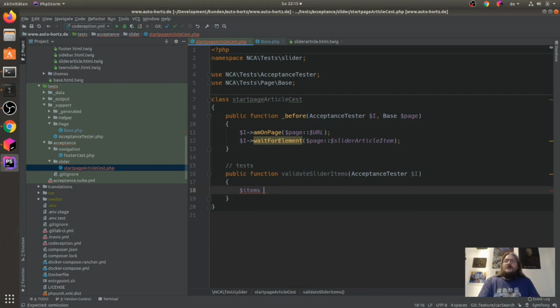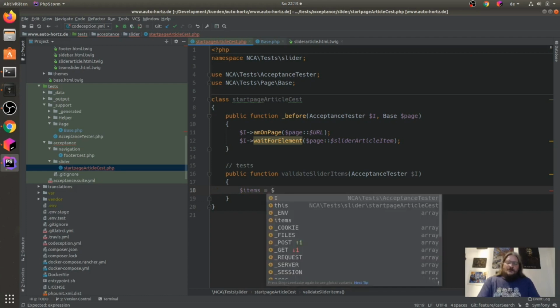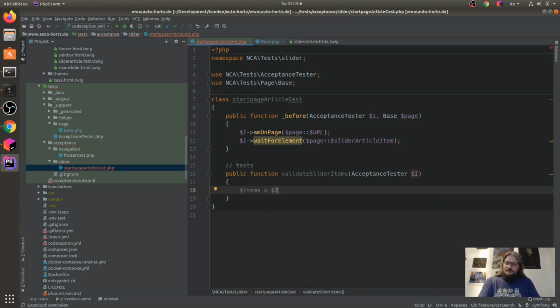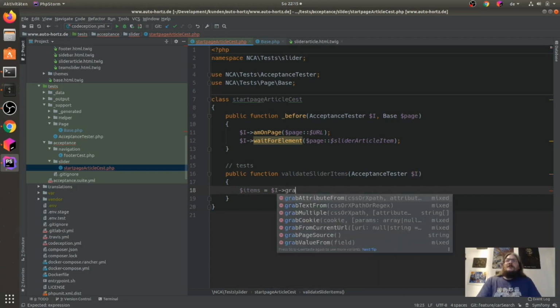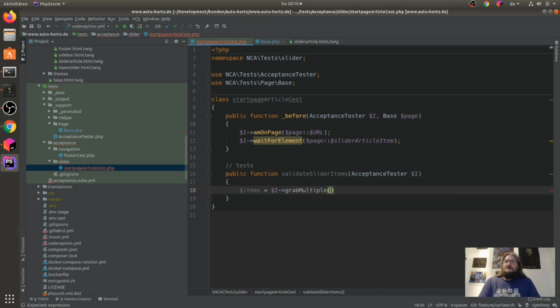I can use here the $I grabMultiple, and now I just also get here my item selector.